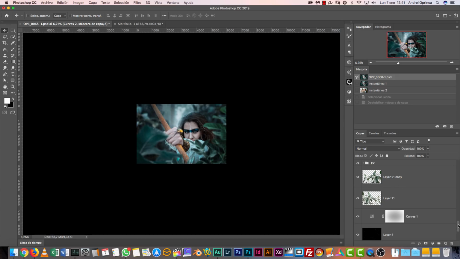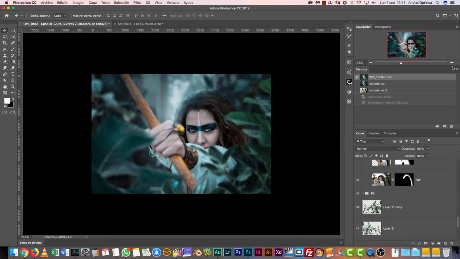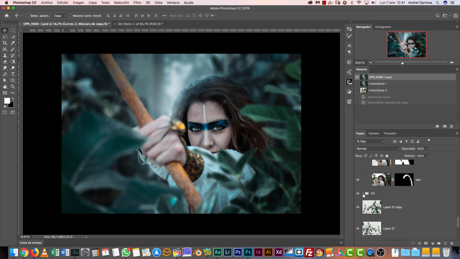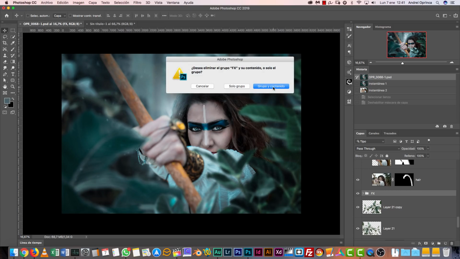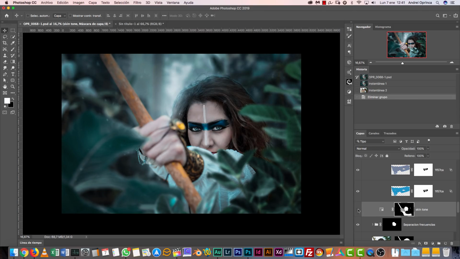which I'm not going to add in this tutorial, but you can download my dust particles pack from resources.psdbox.com, which is my resources website. You can download it for free. This FX group is empty, so I'm going to delete it. Then I have the frequency separation here, some tones on the skin, which I'm not going to do in the